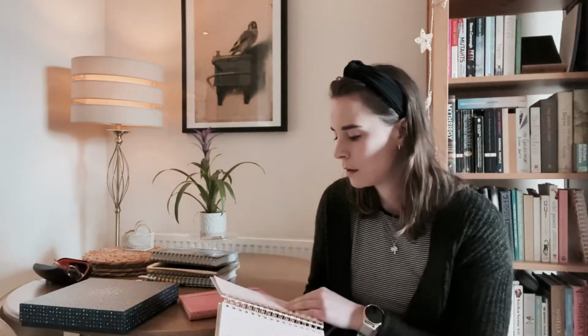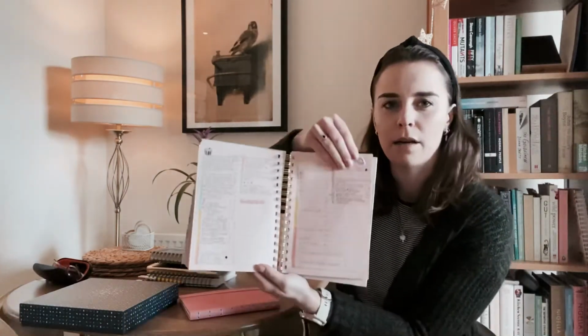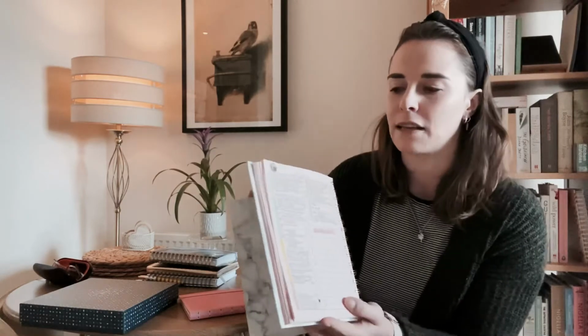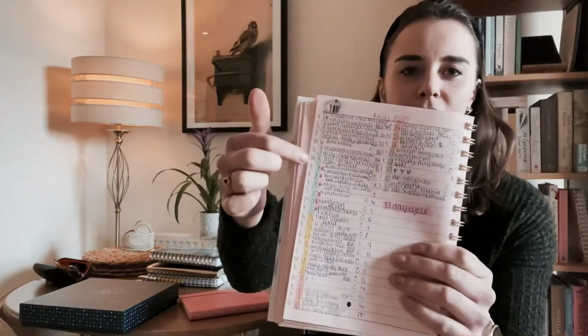I've been using it since April this year. It's quite a new thing for me, but I've been tracking my moods and my acne and energy levels throughout the month here. I don't know if you can see, I don't want to get too close to the camera because it's a bit personal, but I've got colours here that I've highlighted